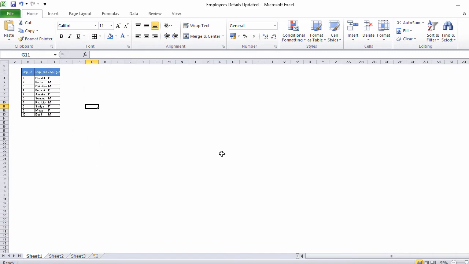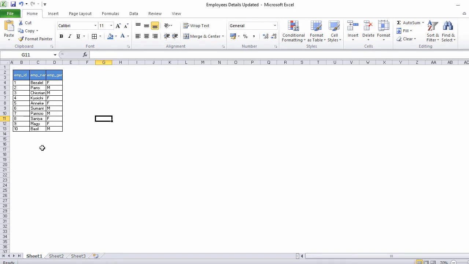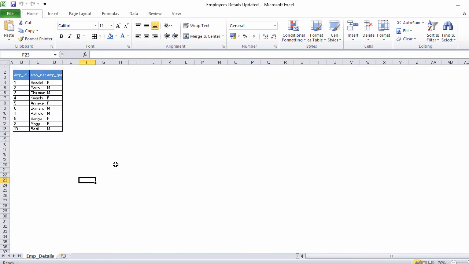Yes, this zoom seems fine. Now I'm going to squeeze this first column and rename this tab to employee_details. Now I'm going to delete this, and the same way delete this. So our first table is ready.